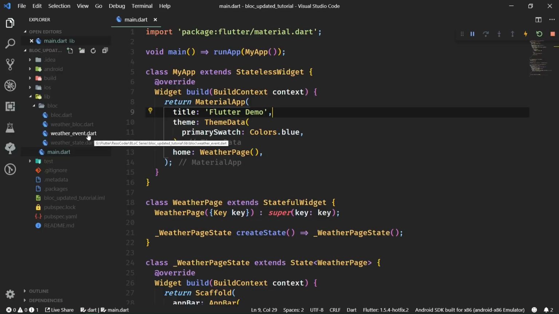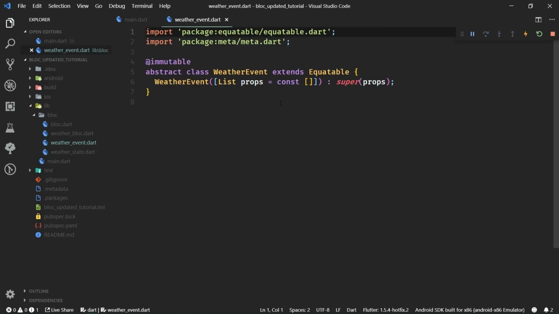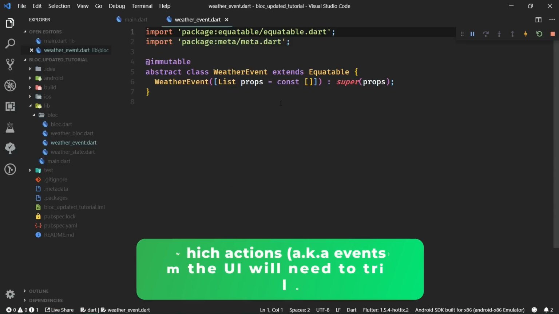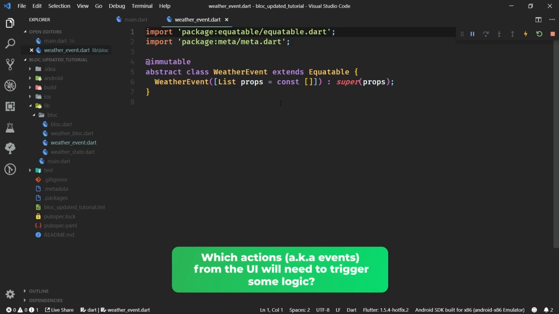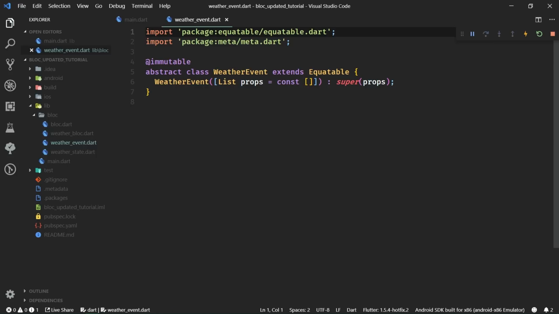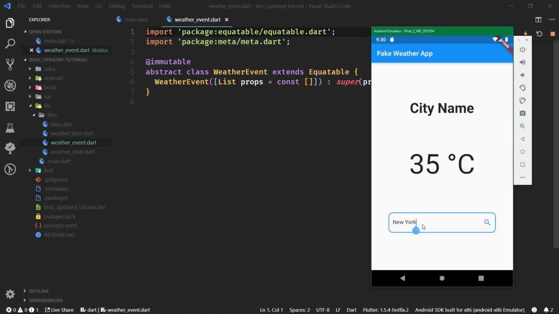Let's start out with weather event, because that's what is going to be coming into the block. The first question you should ask when implementing events is which actions from the UI will need to trigger some logic. In our case, the only thing which will trigger something is when the user inputs a city name into